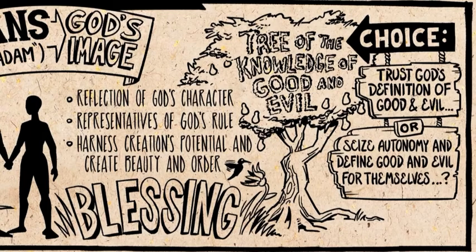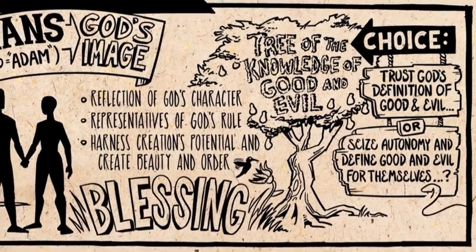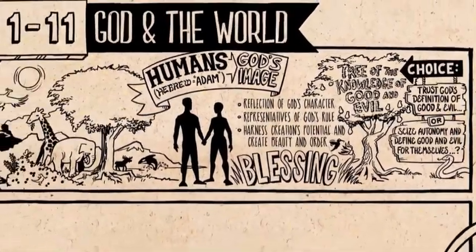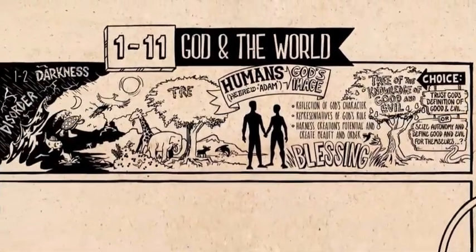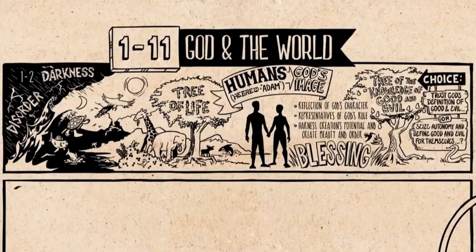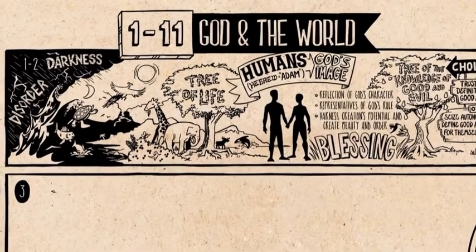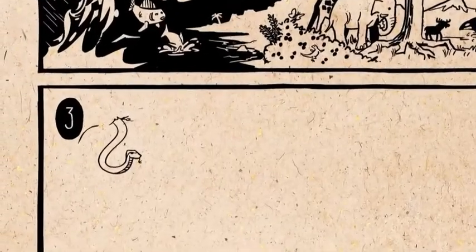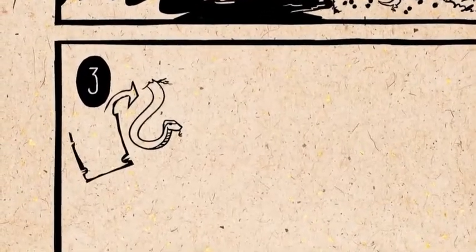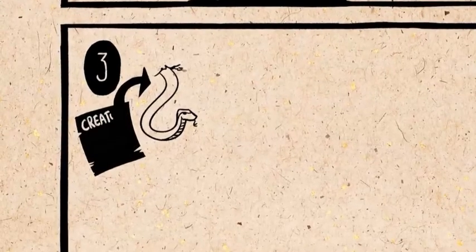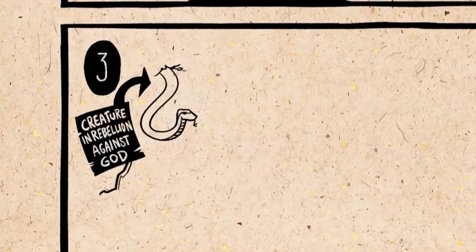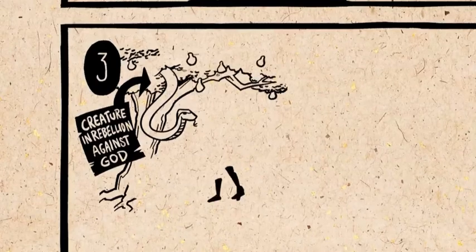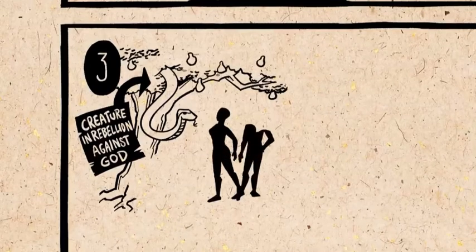And the stakes are really high. To rebel against God is to embrace death, because you're turning away from the giver of life himself. This is represented by the tree of life. And so in chapter 3, a mysterious figure, a snake, enters into the story. The snake's given no introduction other than it's a creature that God made. And it becomes clear that it's a creature in rebellion against God, and it wants to lead the humans into rebellion and their death. The snake tells a different story about the tree and the choice.